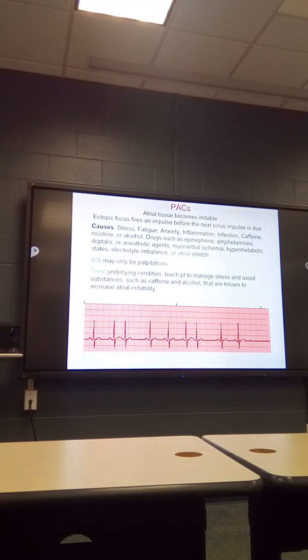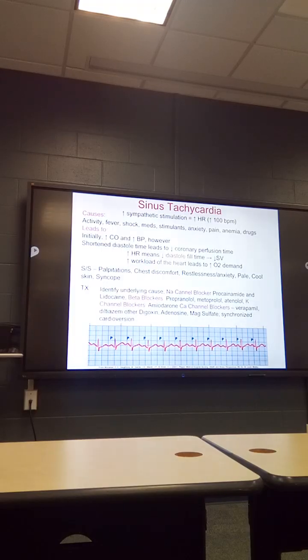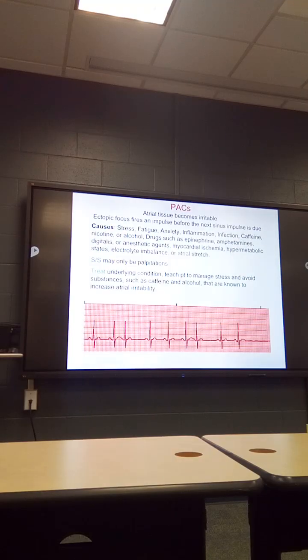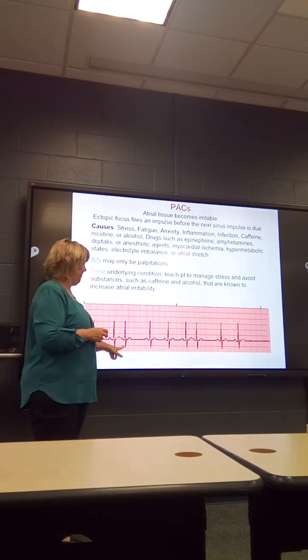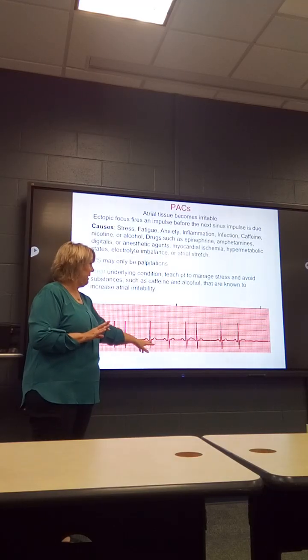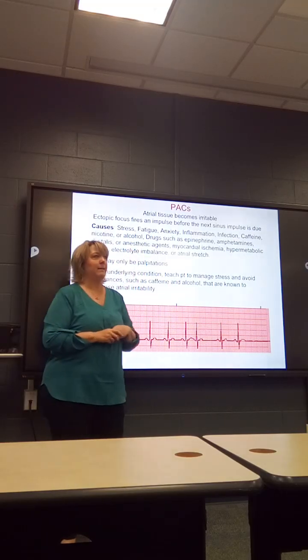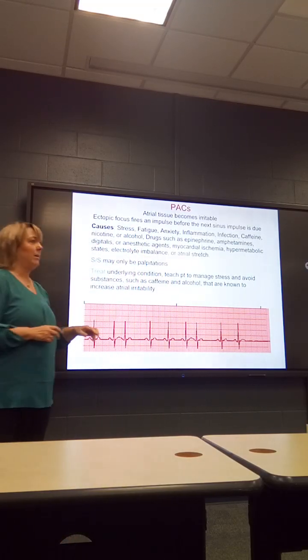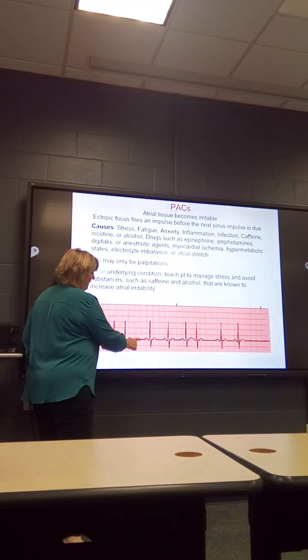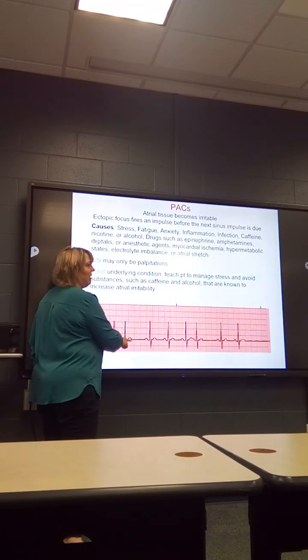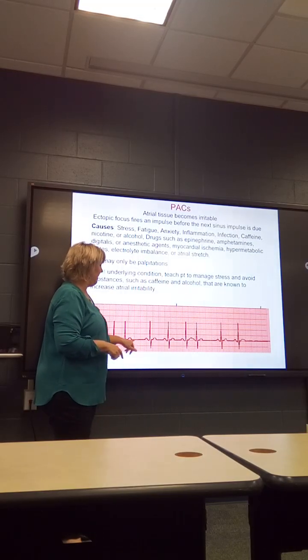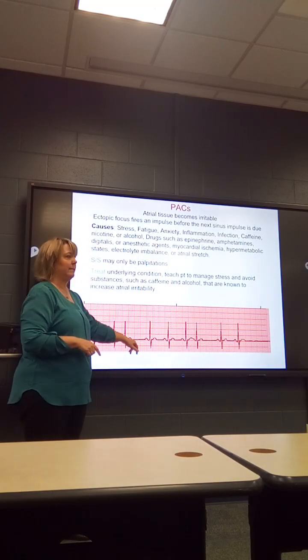PACs, here you should have P, QRS, and T wave, but it is above 120. PACs, this is the hardest one, I think, for some people to see. But if you're going through and you see P, QRS, and you're like, shoot, what's that? I don't know what that is, but I'm going to ignore it for now. And keep going through and seeing PQRS, and then here you are again, it's the same thing. Then most likely it's a PAC. And a hallmark occurrence after a PAC is there's a long interval between the